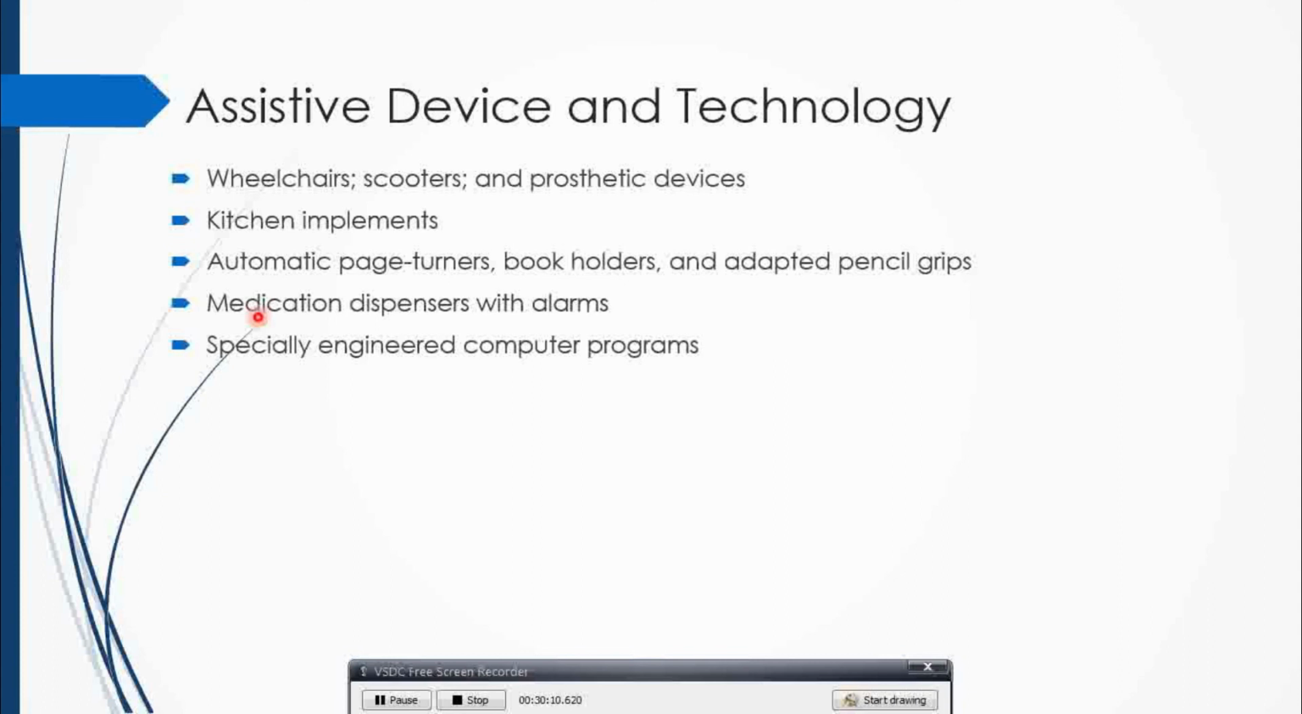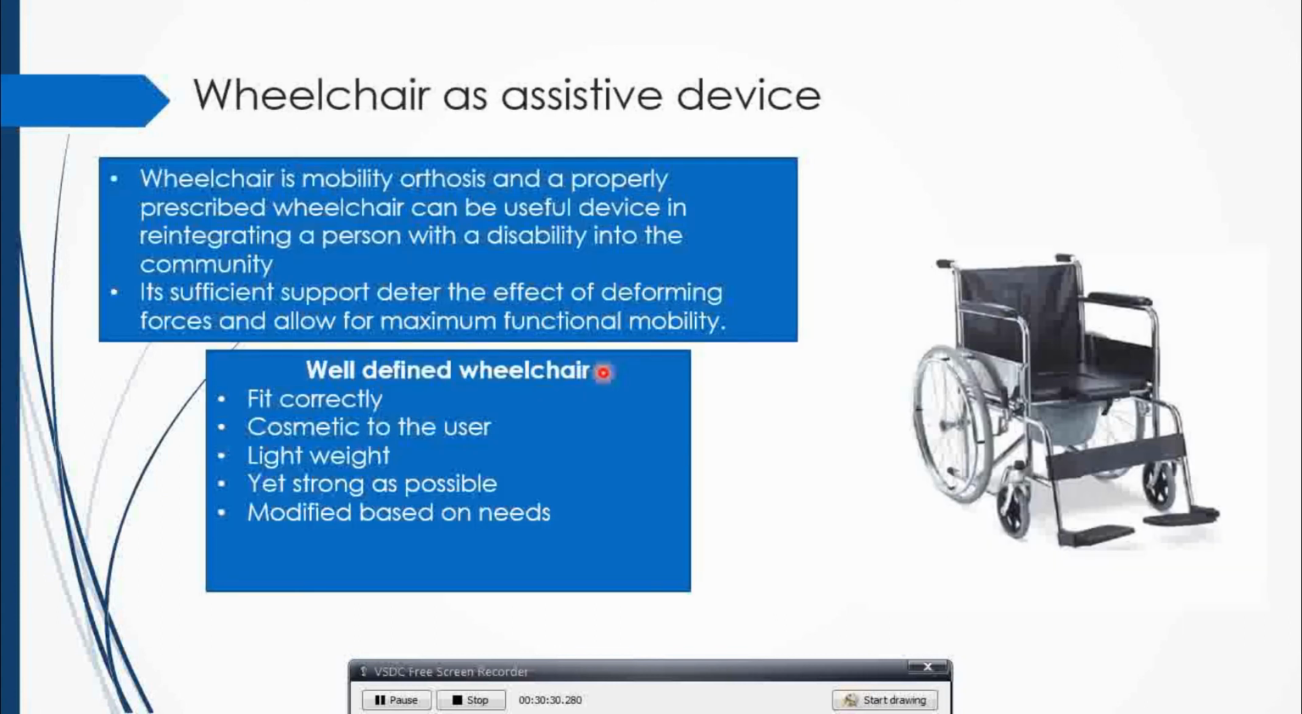Jadi kita boleh sediakan satu alat yang boleh bantu release ubat, ikut timing dia, pagi berapa biji, malam berapa biji, dengan alarm. Jadi alarm bunyi, dia tahu okey, ni sekarang masa untuk makan ubat. Itu pun assistive device. Specially engineered computer programs, ni banyaklah contoh-contoh dia. Okey,